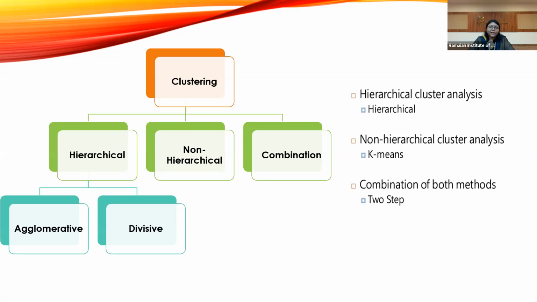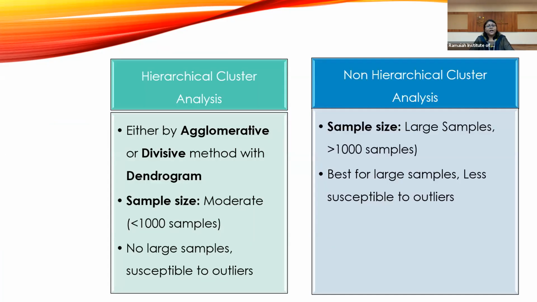Now, before going to all this analysis, let us first understand what is the mechanism behind it. Now, coming to the hierarchical clustering, what exactly is this agglomerative or this divisive? Obviously, the name suggests, divisive means you are trying to divide, and agglomerative means you are trying to collate or put things together. Now in this hierarchical cluster analysis, we also have a graphical representation. This graphical representation is known as a dendrogram. We'll see what exactly a dendrogram is.